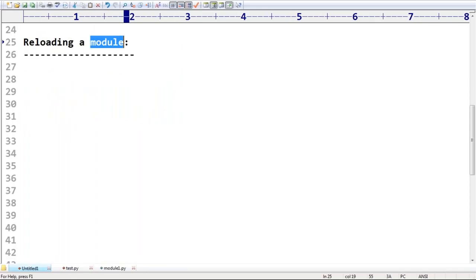There is one module, imp. What is the module name? Something like import module, or important module, anyway, some name. The imp module is there. In that imp module, there is one function, the reload function. What is the module name? imp. What is the function name? reload. By using the reload function of the imp module, we can overcome this problem.